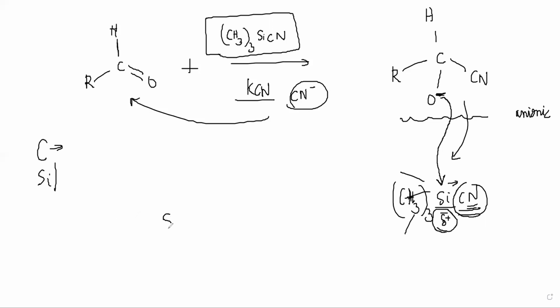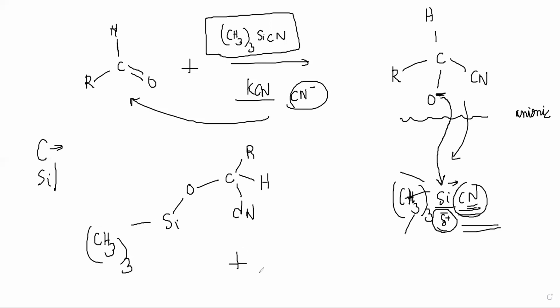So now you get silicon bonded with the O, and there is a CN, and there is an R, and there is an H, right? And you have silicon bonded with the O, so that means CN minus will leave, right? This bond will break. He has said earlier that CN minus is a good leaving group, a statement that he made in the chapter, right? So easily this bond will break while this bond is formed. And then what happens? That's it, right? The product is formed. It's done.